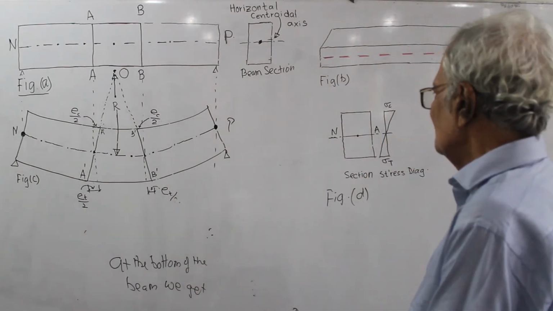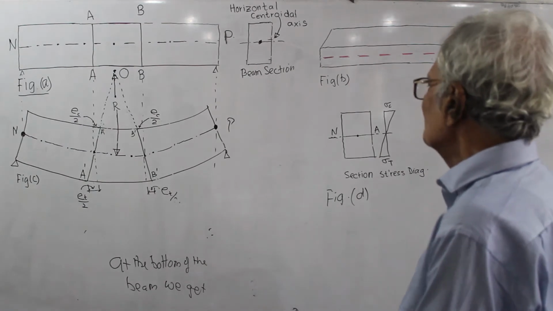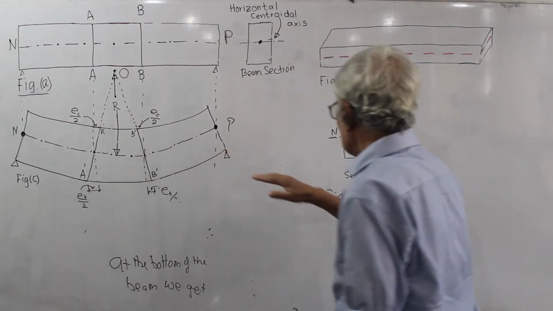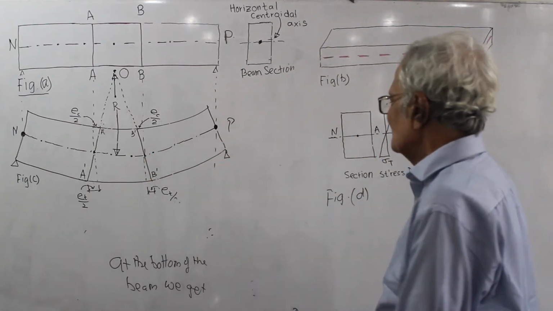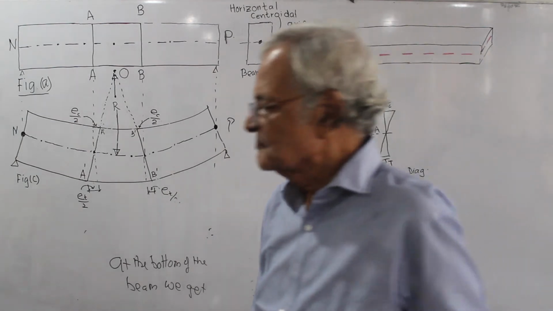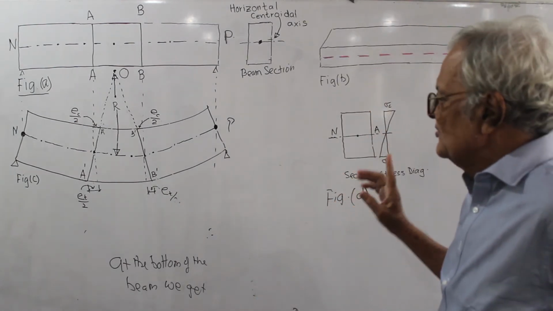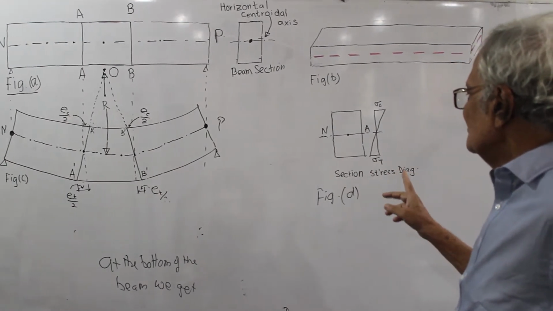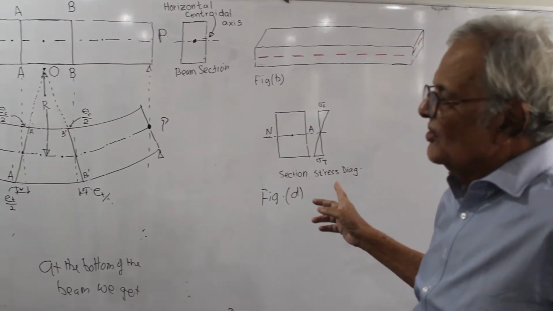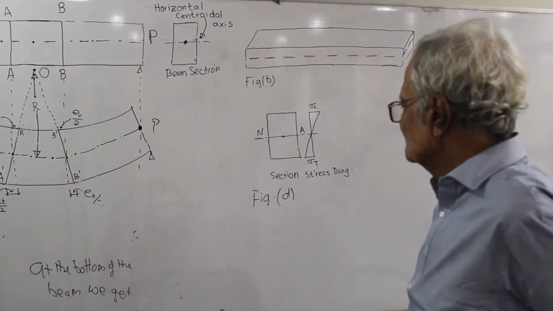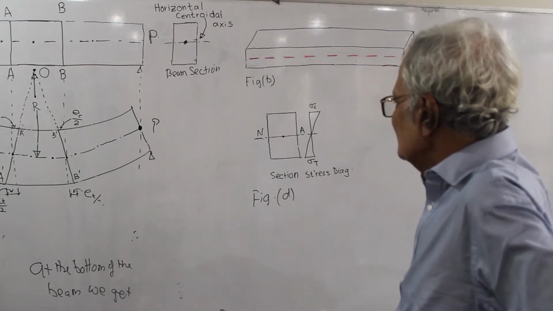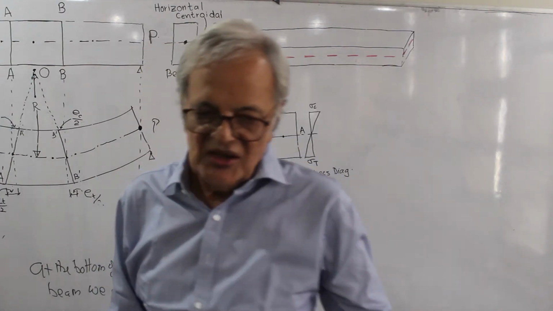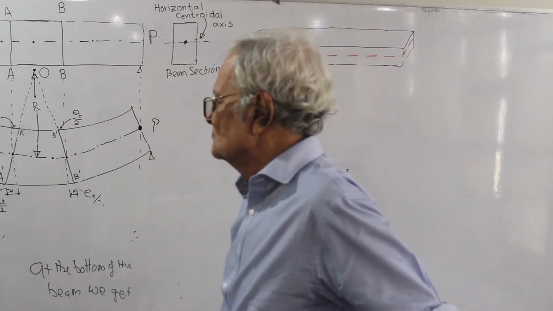In figure D, we see a cross-section of the beam. In this cross-section, the neutral plane has become a line. Therefore, it is called the neutral axis. Below the neutral axis, this stress will change to tension and linearly increase up to a maximum of sigma T at the bottom. This is shown in figure D, and the diagram showing the stresses is called the stress diagram.